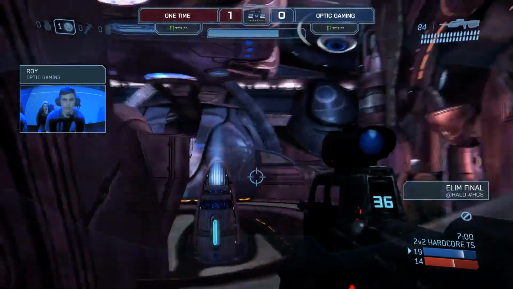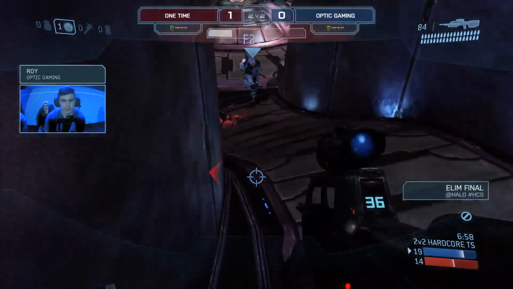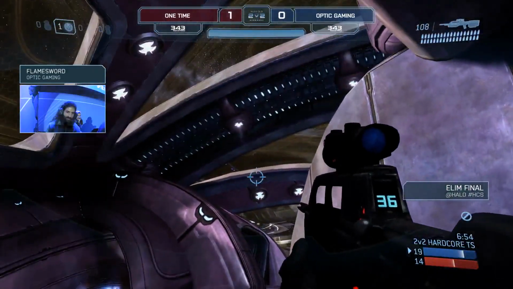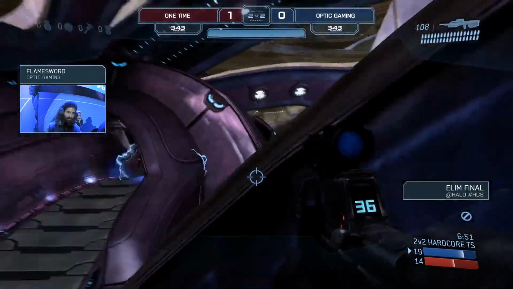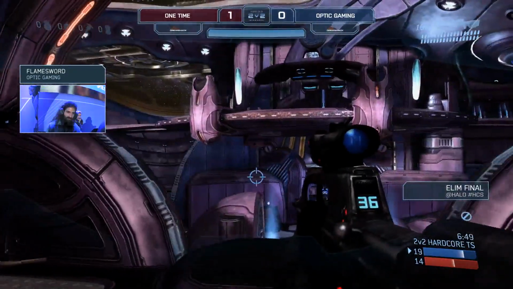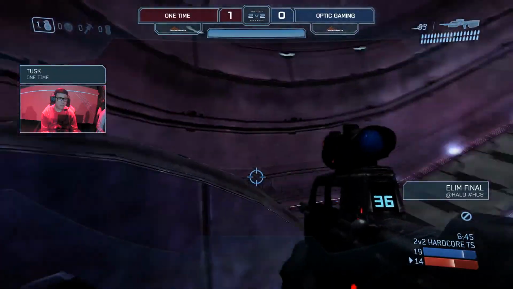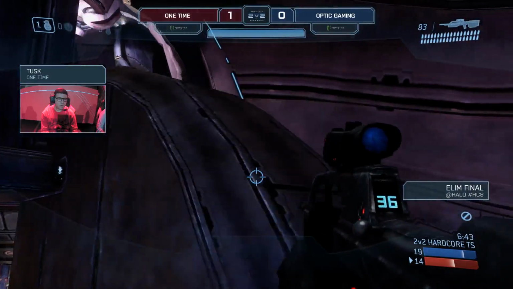Roy wondering if they might have gotten to car just yet. So this is an opportunity for One Time to certainly put some points on the board, because as you see, Flame and Roy not exactly sure if they've got to Pink yet, if they've pushed out to car, and now looking at them, they have made, looks like both of them a Pink push. Flamesword then just waiting. Tusk sat up on the Eli here, his teammate in Pink 2, and probably going to